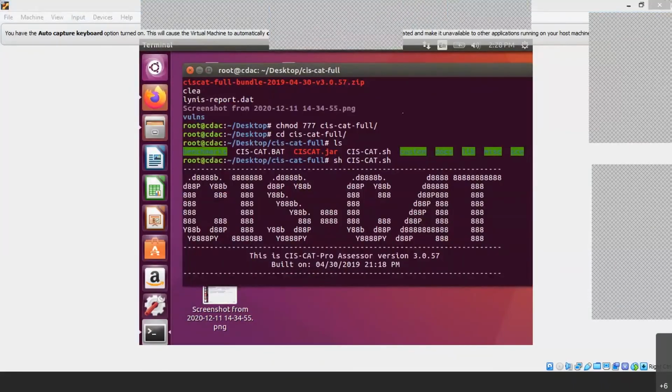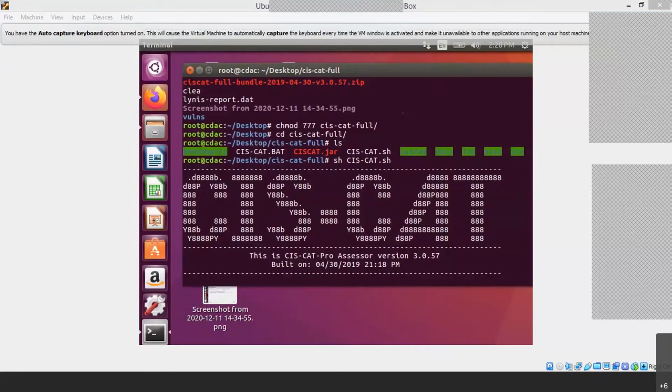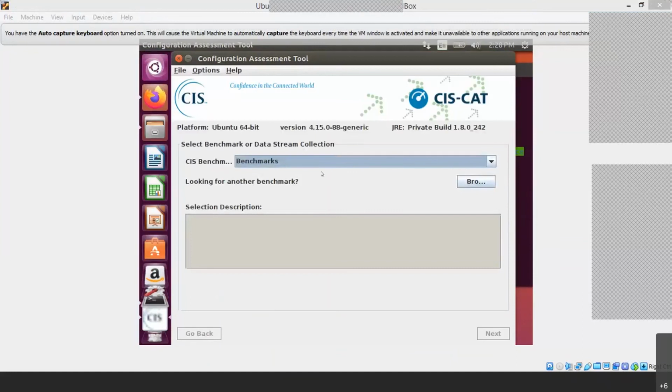It takes some 2-3 minutes. So by that time, what we will do is see that benchmark. Yeah, see, this is the tool which we got. Can you just tell me what version I'm using in my case?